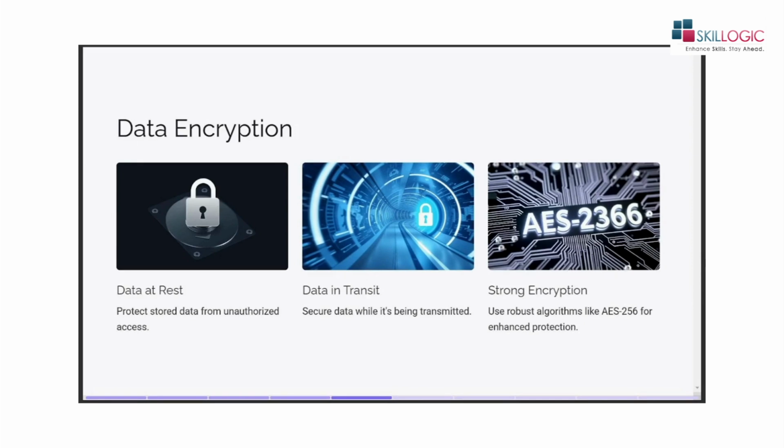Data at rest: protect stored data from unauthorized access. Whatever data we have stored, we should protect it, right? Then data in transit: secure data while it's being transmitted. While we are transmitting our data in our network, it should be properly encrypted, right? Encryption like AES, Advanced Encryption Standard with 256-bit, should be used so that attackers with malicious intent cannot capture this data in the middle or carry out an MITM attack. And even if they get the data, the attacker should not be able to decrypt it,